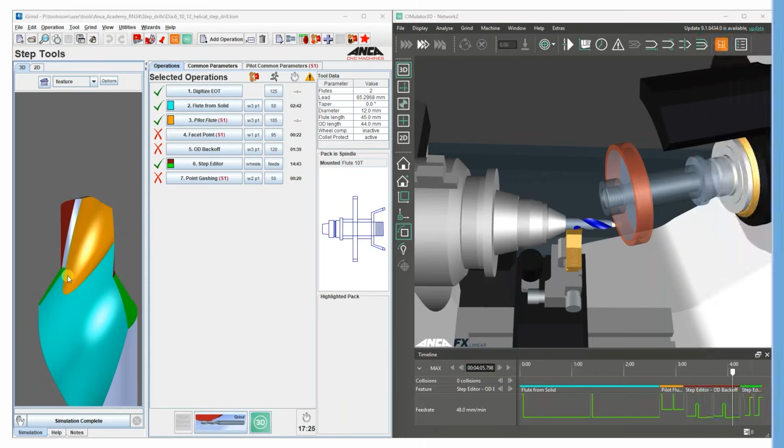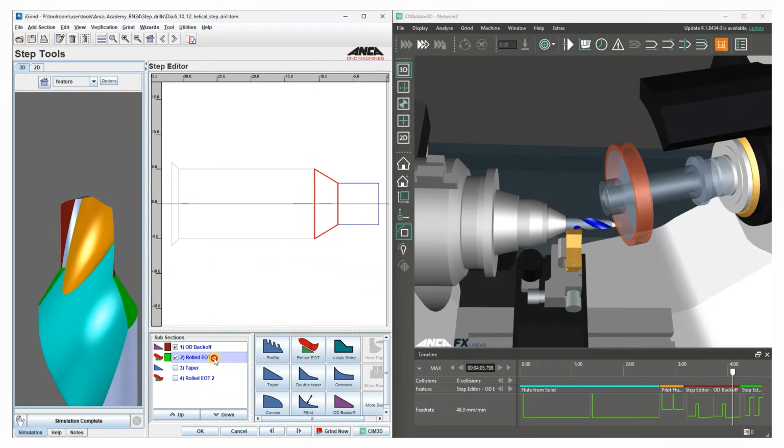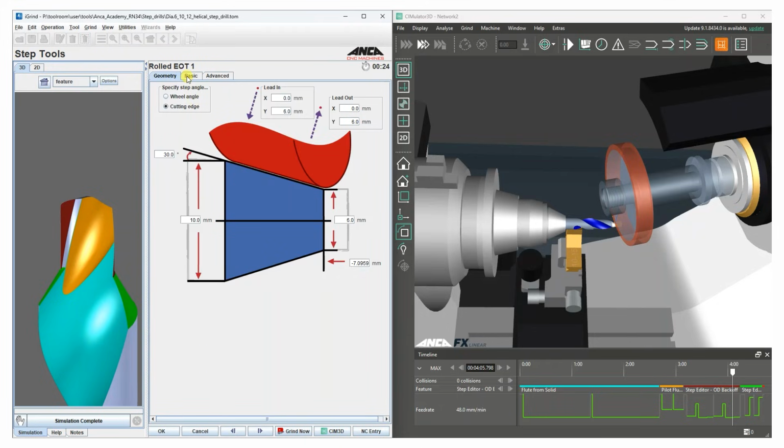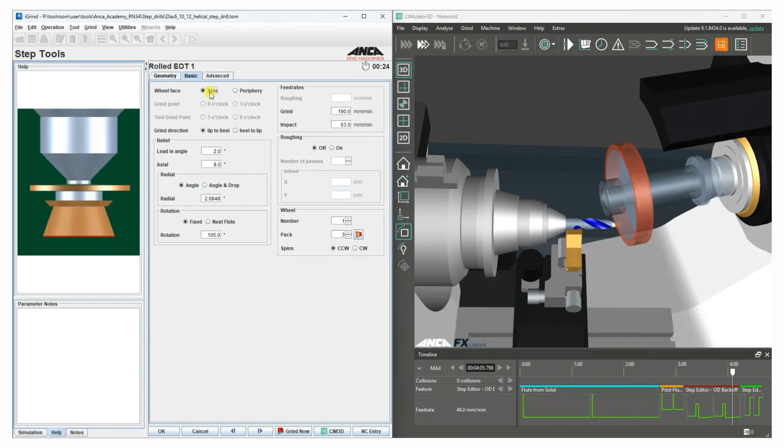The rolled relief section that can be used for the angled steps has some important grinding options. The section can be ground with the front or the periphery of a grinding wheel.